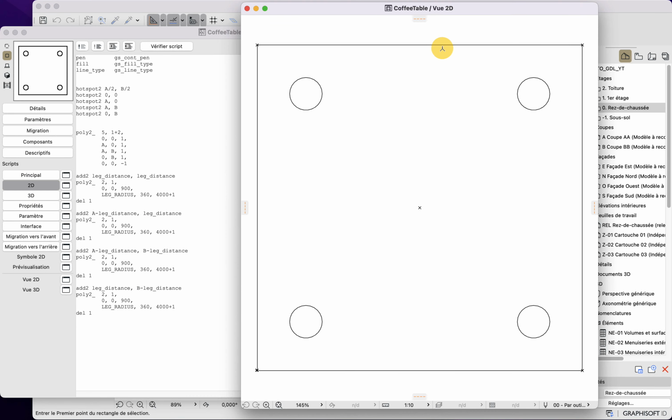What we do with the first ADD2 command is go leg distance here and then leg distance here, which means that when I create the first POLY2, my local coordinate is there. So that's why I can simply use 0 and 0 for the center point of my circle. With the next statement, DEL 1, I delete that transformation, so I directly go back here. My arrow is not very straight, but the point is that we are now back here.